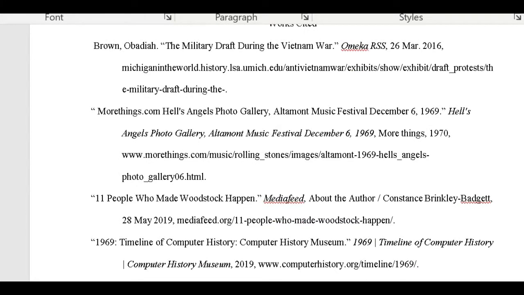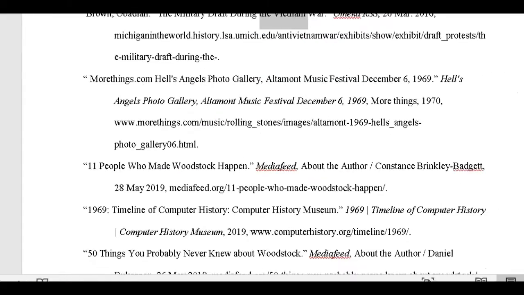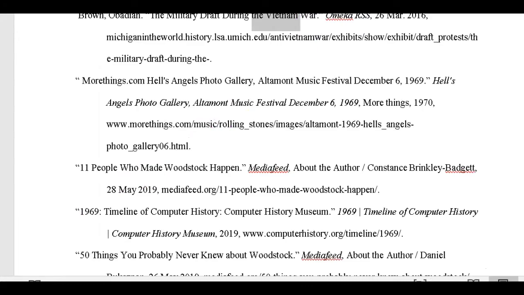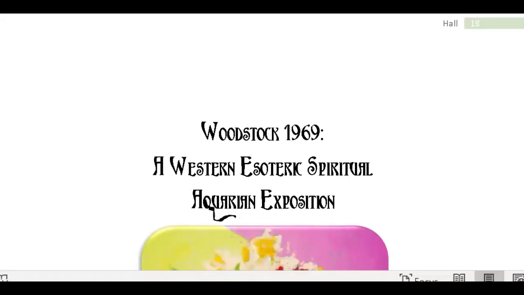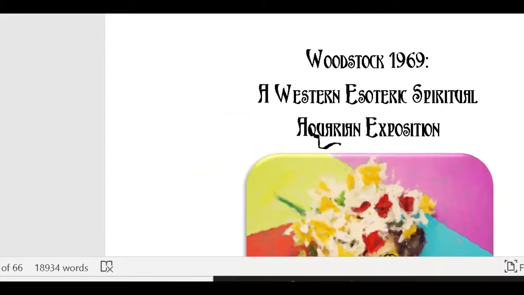So, and we don't want to count the works cited in with my word count. See, it's giving me credit for those works cited, and we don't get that. So let's just go back and do the top part. I'm going to copy and paste it. Okay, so without the works cited,